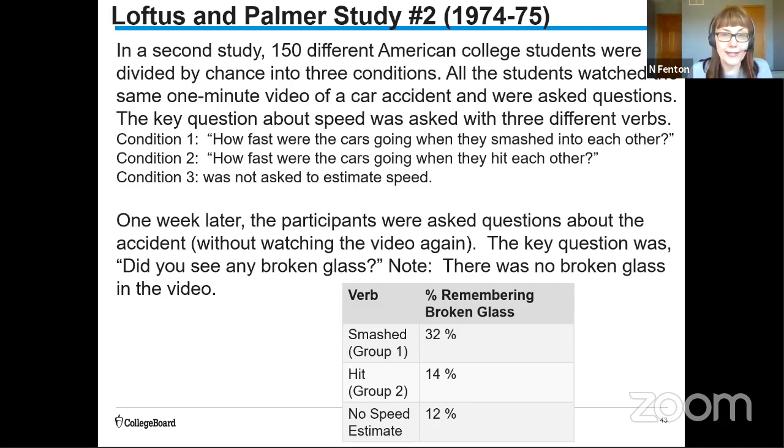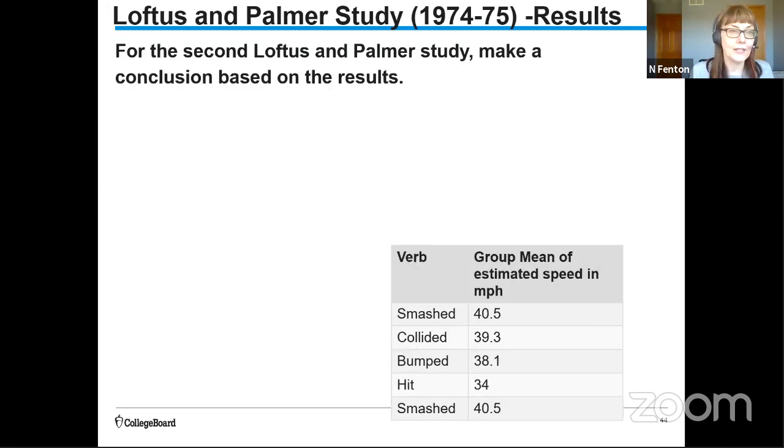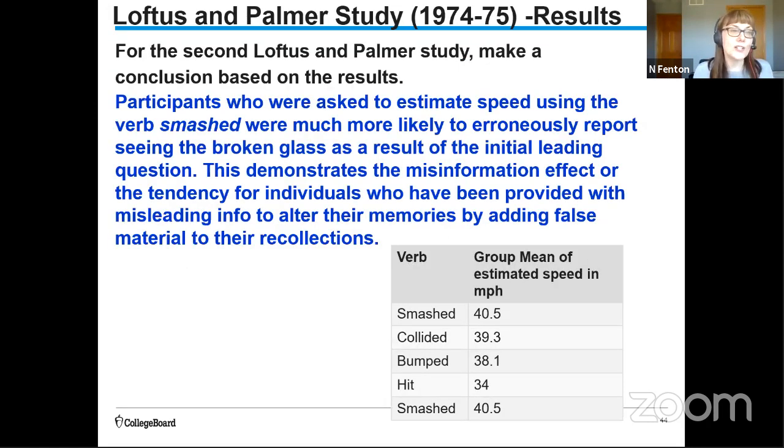Now, these people are doing this later, right? So they watched the video of the car accident, they were asked questions, and then 1 week later they come back. Did you see any broken glass? And it's important to note that there was no broken glass in the video. And then you can see the percent of people who had this kind of false memory. And it did seem to vary with the verb, with the independent variable. So a conclusion here might be that participants who were asked to estimate the speed using the verb smash were more likely to erroneously report seeing the broken glass as a result of that leading question. And here you're going to have to